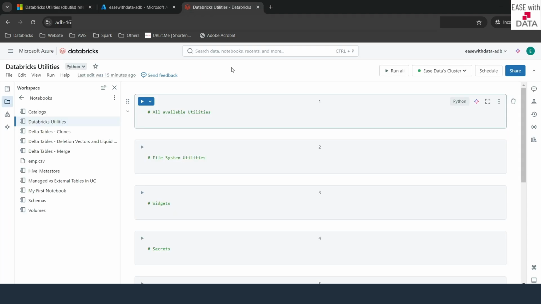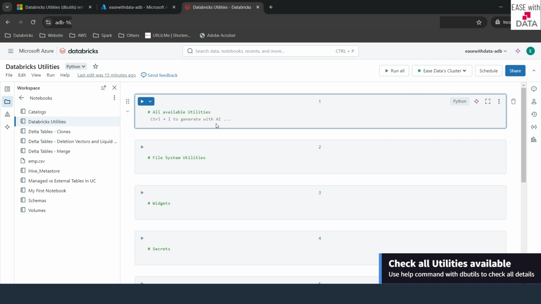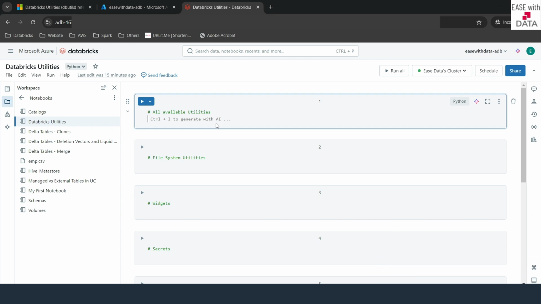I am in my Databricks workspace. I've already created a notebook called Databricks Utilities, and the language for this notebook is Python. Now, we are going to use Databricks Utilities today with Python. My compute is also up and running. Now, the first thing that we are going to do is to see what all utilities are available. You can just type